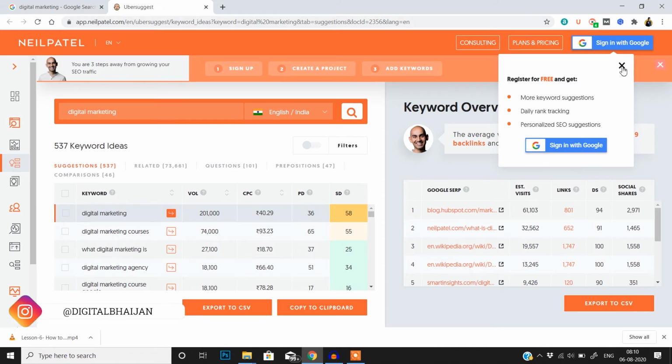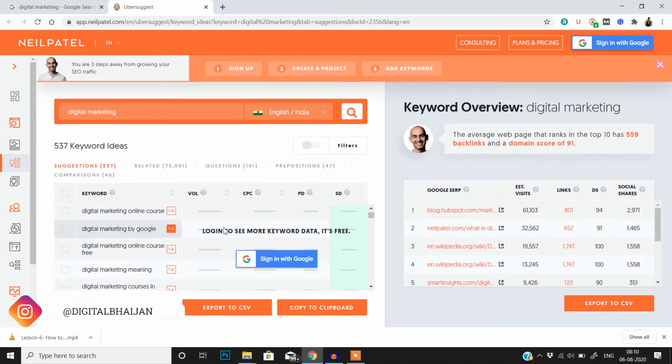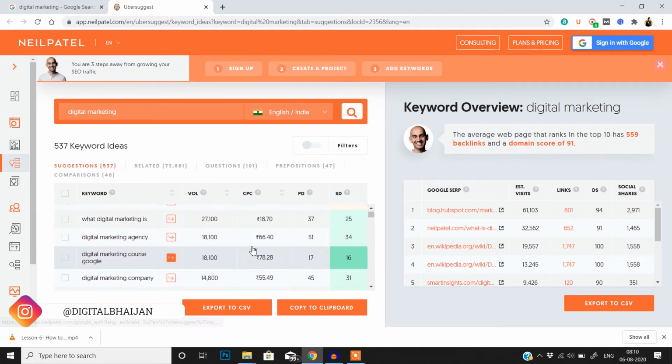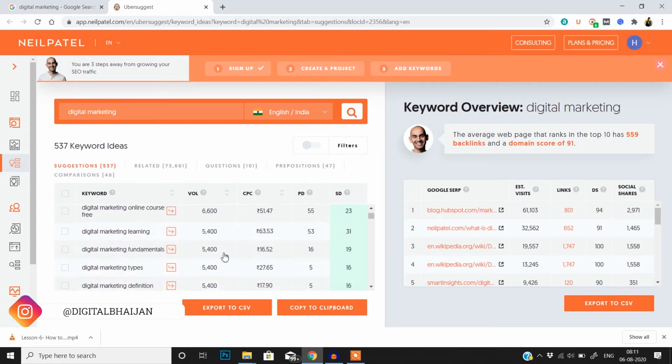Just log in. I am not logging in right now. So you can get an idea of related keywords, that is suggestion, related, question, preposition, and comparison type keywords from here. Once you log in, it will show you complete results here. Let me log in first.